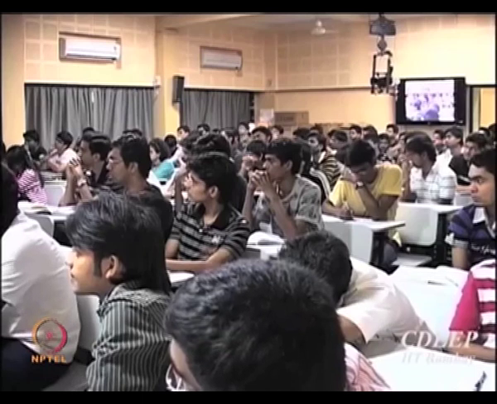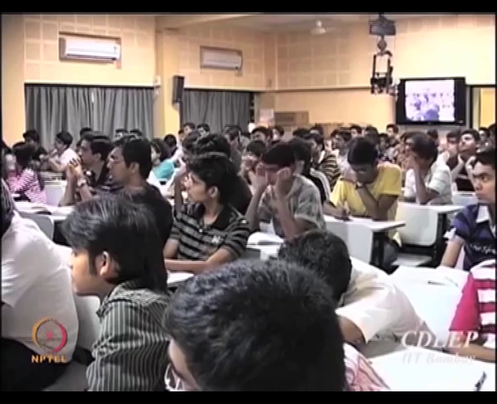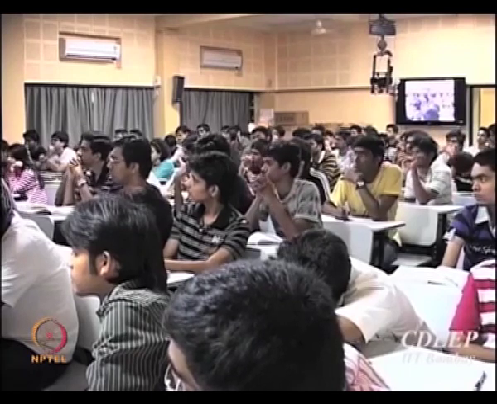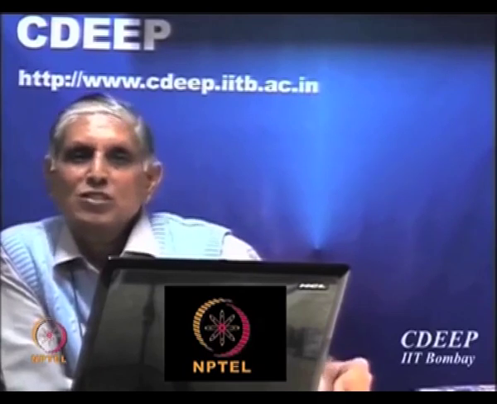Okay. So part of the power has been lost to the second harmonic. Is that clear? So in the case of analog, you have a very small range which is linear. As soon as you increase the amplitude even a little more, you are in a non-linear range, and part of the power is anyway lost to the second or third or higher harmonics. Okay. So you always have to worry that you remain within that so-called linear range. Otherwise, you will immediately get into second order device problems. Okay. These are very important effects. We will see how to minimize them, but not every time can we reduce them to zero level.